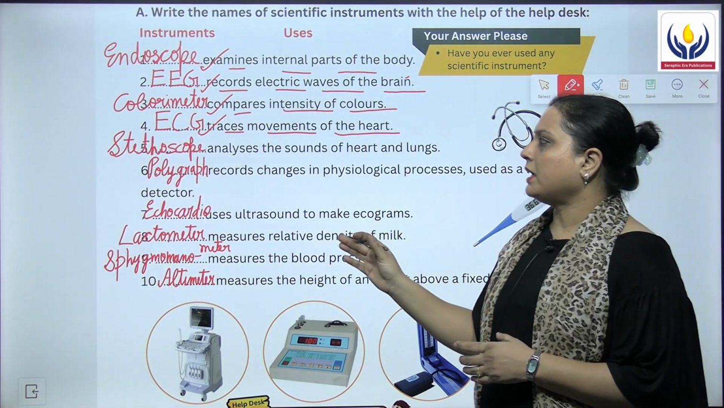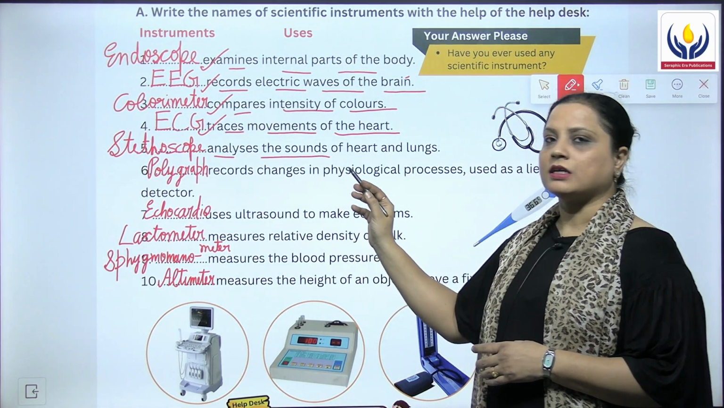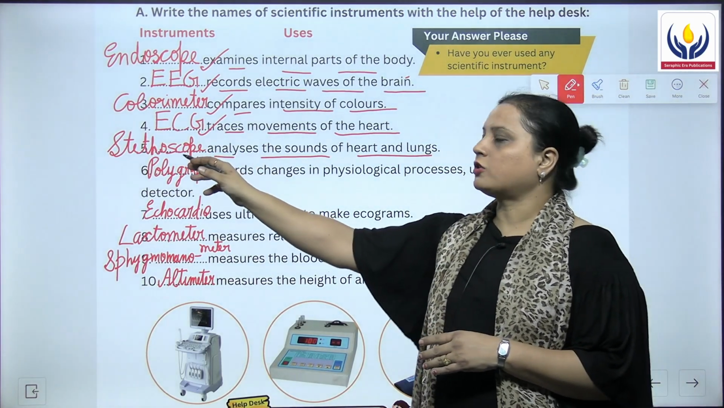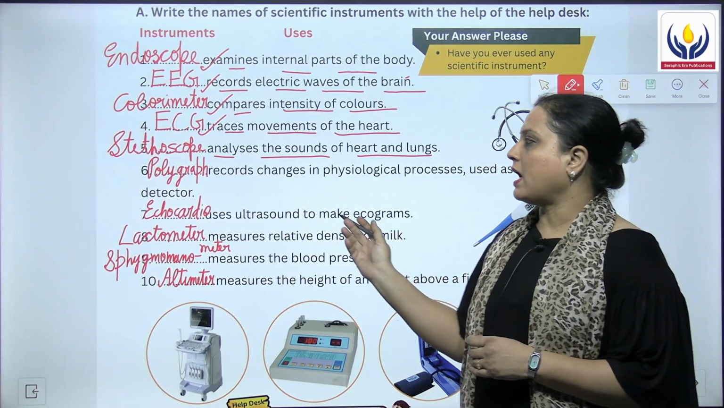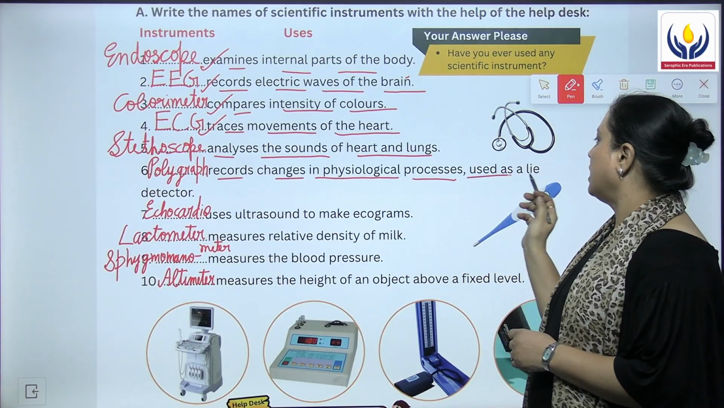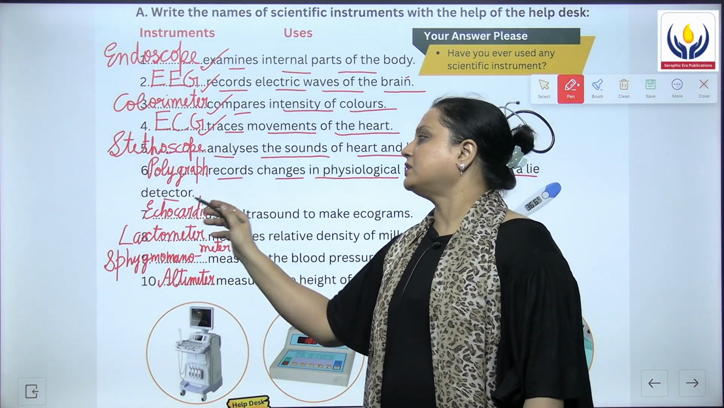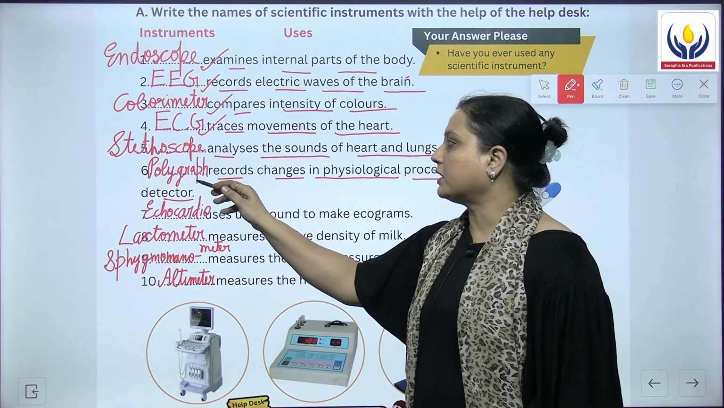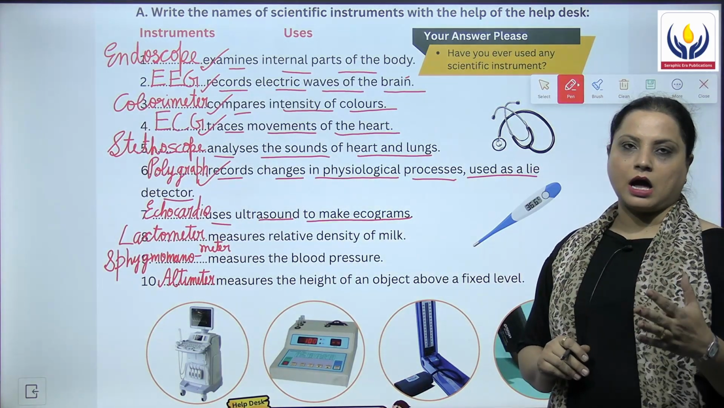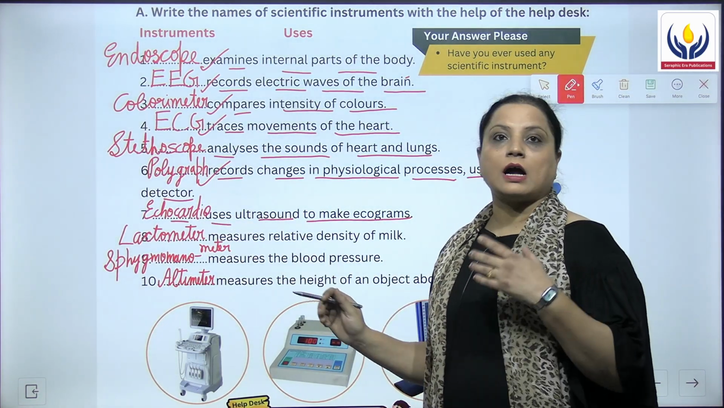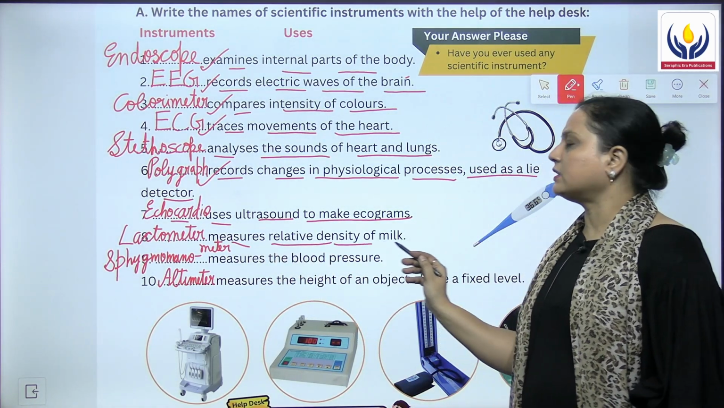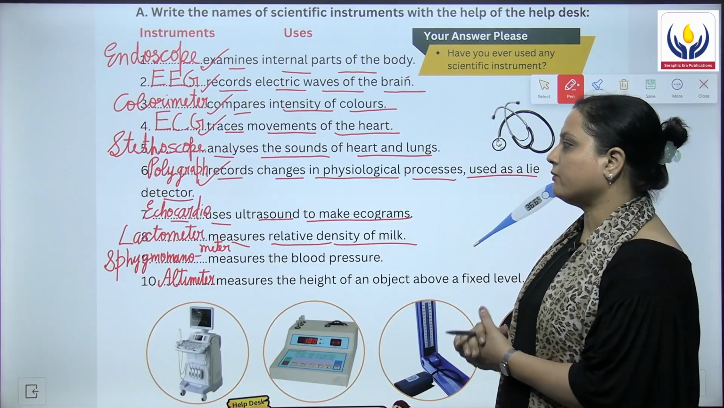ECG. Next, fifth one, dash analyzes the sounds of heart and lungs. And the answer for this is stethoscope. Next we have dash records the changes in the physiological processes and used as a lie detector and the answer is polygraph. Next we have dash uses ultrasound to make echograms and the answer is echocardio. Next is the eighth one, dash measures relative density of milk and the answer for this question is